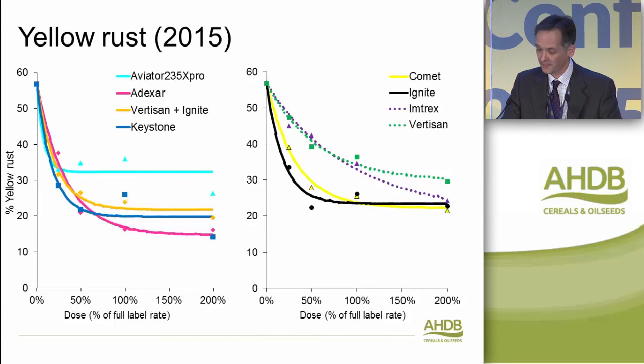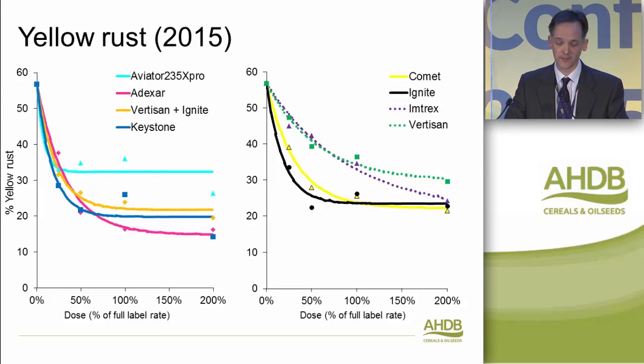Effectively, Ignite and Comet are both very active on yellow rust. They have been. We usually find Ignite a little bit more effective than strobilurins, but both have good activity. The SDHIs, interestingly, may be very active on Septoria, but they only have partial activity on yellow rust. They're adding to the yellow rust activity that we might see from the azole partner, but they're not as active